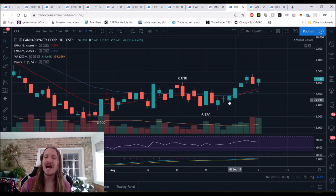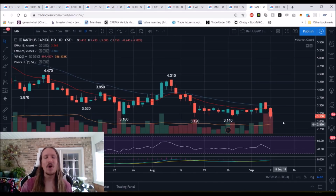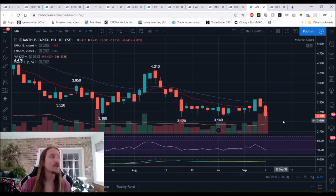Still looking for a daily higher low, but no longer a bull flag. So I am still in an OH position because, again, no reason to sell today. It held up much better than its peers that stood out, and then the end of the day action only gave confidence. IAN, the volume. Again, I cannot stress this volume enough because it's bear volume. And the bull volume on the way up is being dwarfed by the bear volume on the way down, and